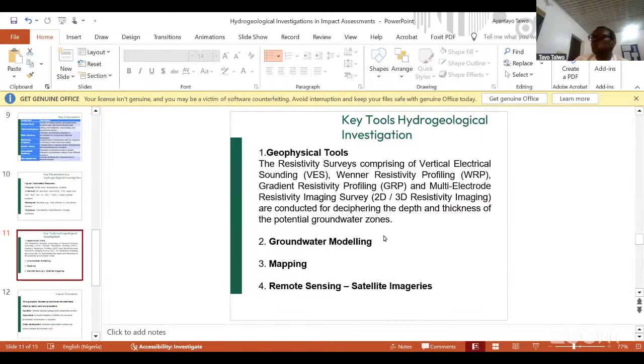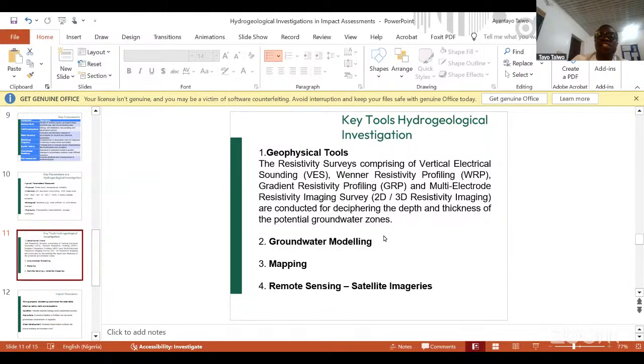Now, what are the key tools for hydrogeological investigation? One of the major key tools that we use is geophysical tools. You'll have heard people say we want to do geophysical investigations. That is the essence of trying to do this. So we use resistivity surveys, which comprise VES, or vertical electrical sounding, and resistivity profiling. These are quite technical, but a geophysicist or somebody who is trained in it would have to do this, so